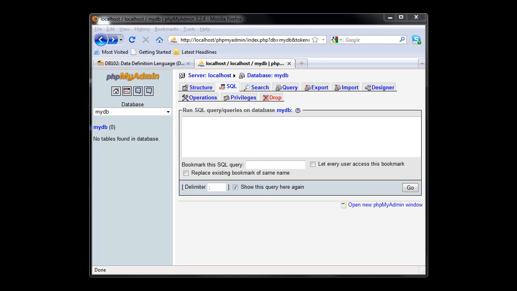This is a tutorial on how to create a table in our MySQL database using the phpMyAdmin tool. Now, earlier on we made a database named MyDB. Now it's time for us to populate, or say put tables inside our database, because as you all know, based